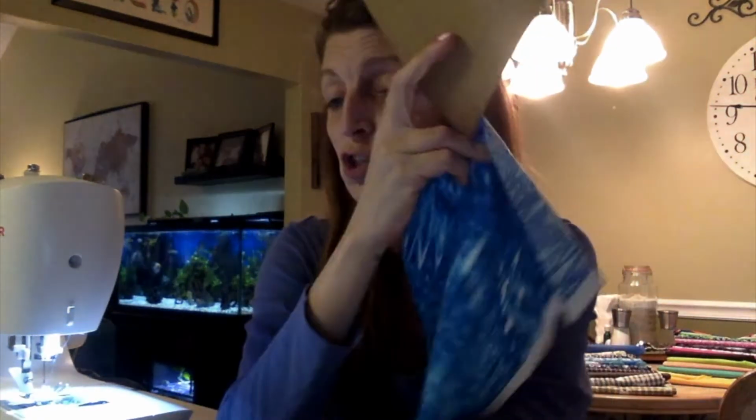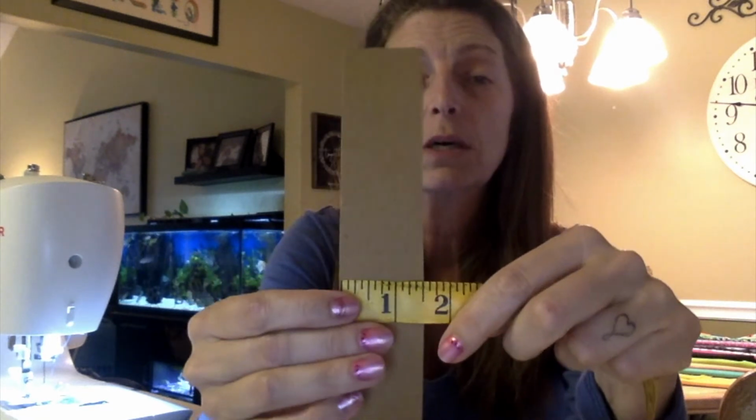So the next thing you're going to do, now that you have 2 pieces, you can do the same. It doesn't matter. I just found that it looked better. If you're going to make it, you might as well make it to last and make it look good. Okay, so that's done. The next thing you need to do is cut out, this is 10 inches. It's 1.5 inches wide, and it's 10 inches long. What I did it 10 inches long because I was using cardstock, but it needs to be 20